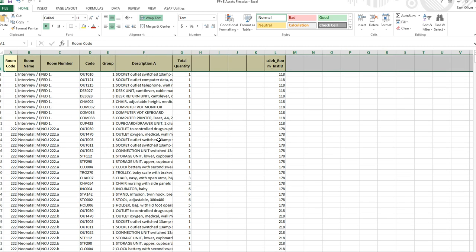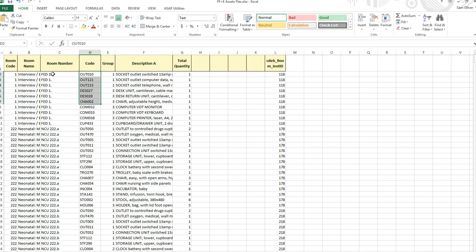As a minimum base requirement, we need to identify the item of equipment and the room in which we wish to place that equipment. So we need a room code, a room number, perhaps a briefing code or briefing instance code, but we need a unique identifier for the room. In this example, we're going to be using room number to identify the room in which we wish to insert the equipment. We're going to be using the equipment code to identify the item of equipment, and we're going to be using